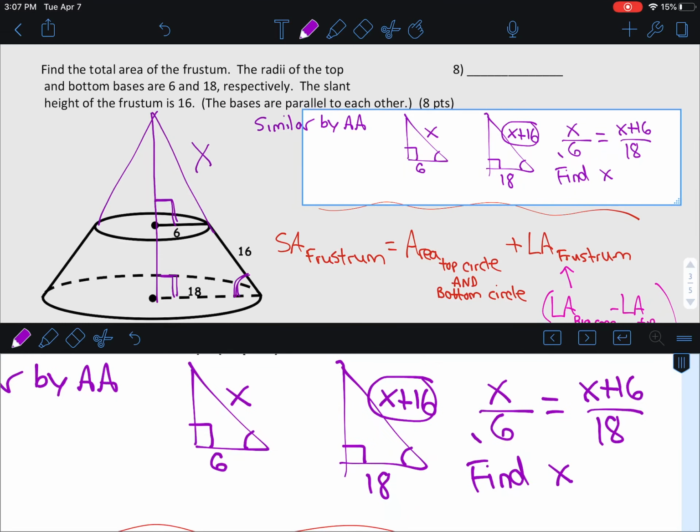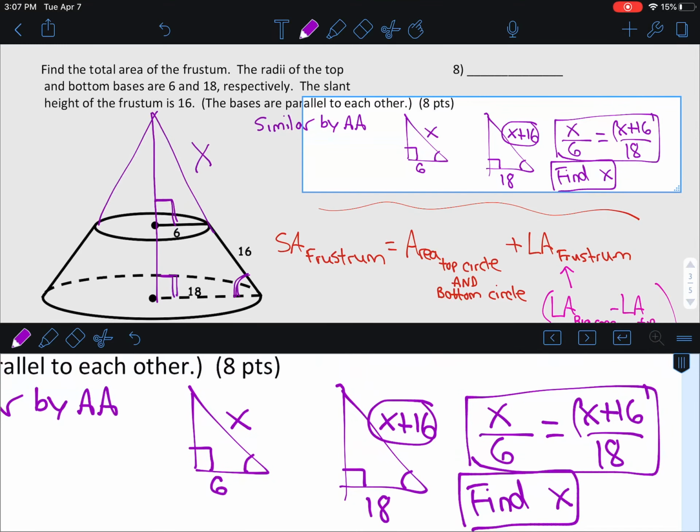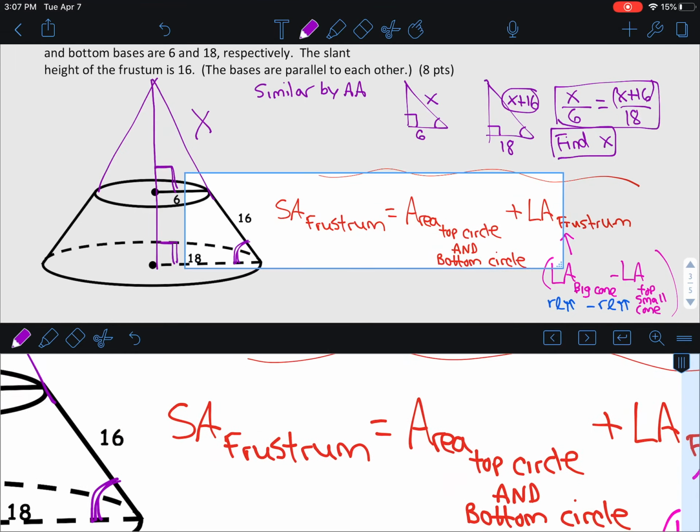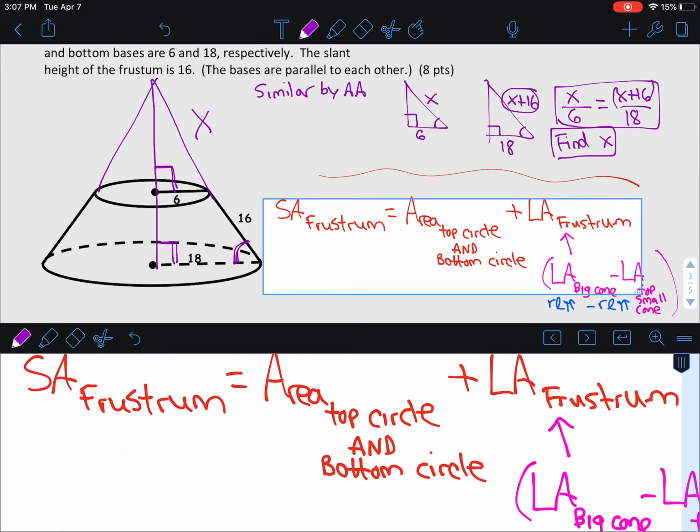So what you need to do is you need to do this proportion right here. It is really important for you to find the correct X. FYI, it is not 16, so make sure you solve that. So again, cross multiply, you cross multiply here. That's the algebra that you should be doing, okay? So again, find x there,